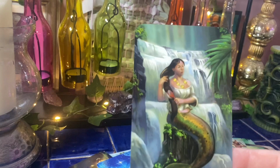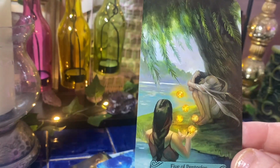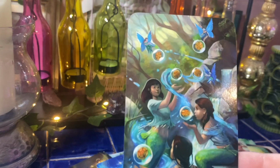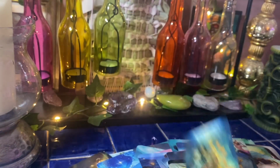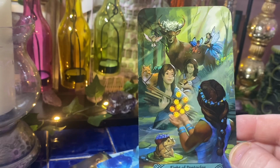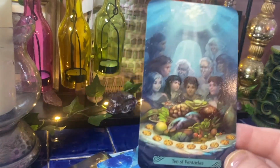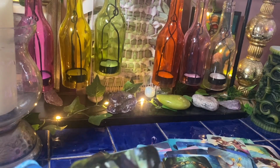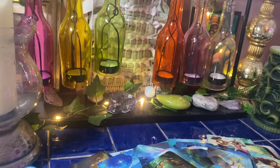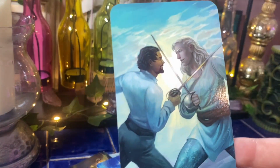I mean, look at this. So we've got more above the waterline, and the mermaids interacting with the earth really, and families. Look, we've got sort of an earth element coming in for the pentacles, which I love. Oh, it's just so gorgeous. And then for the swords, for our air element,